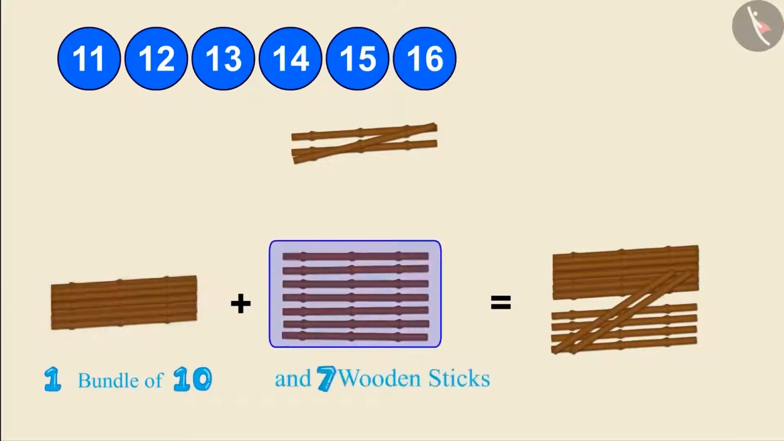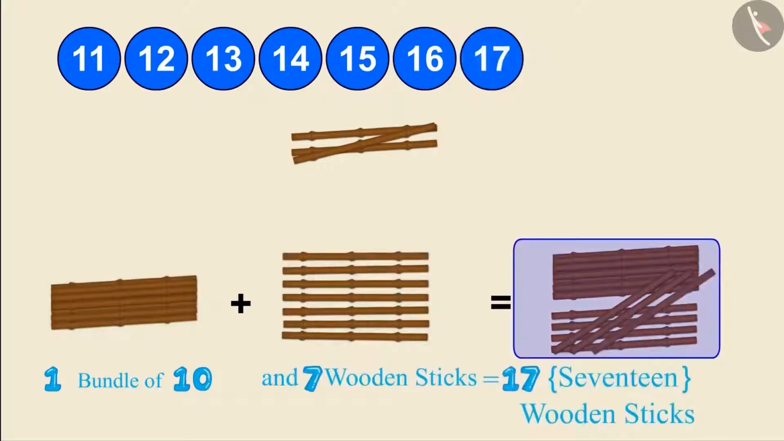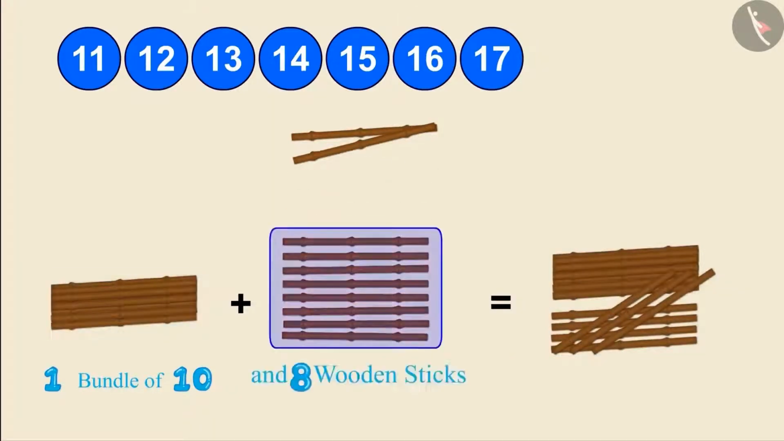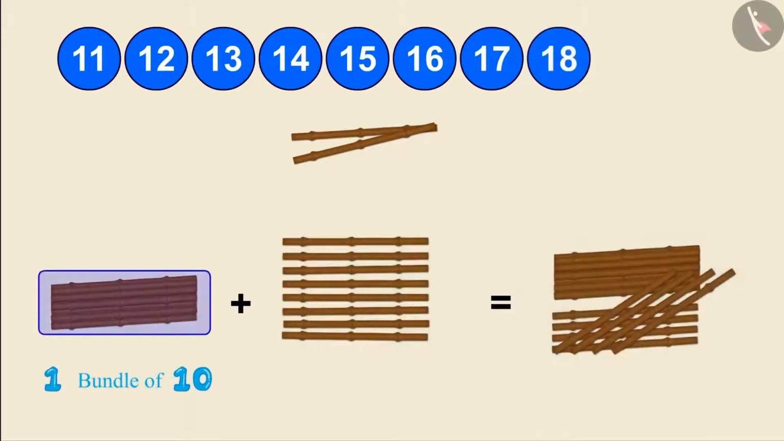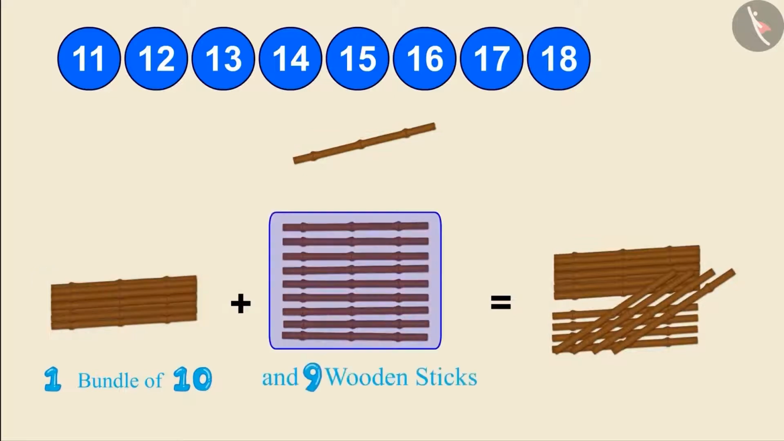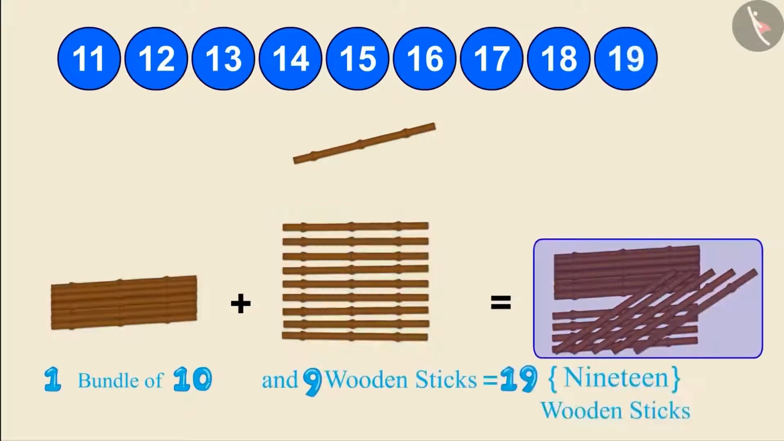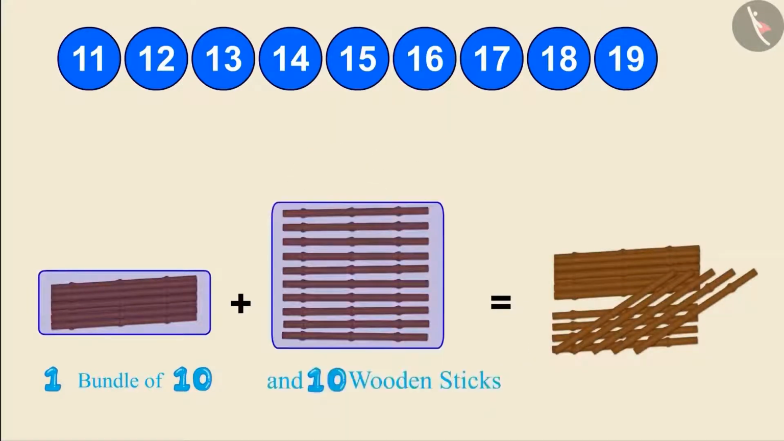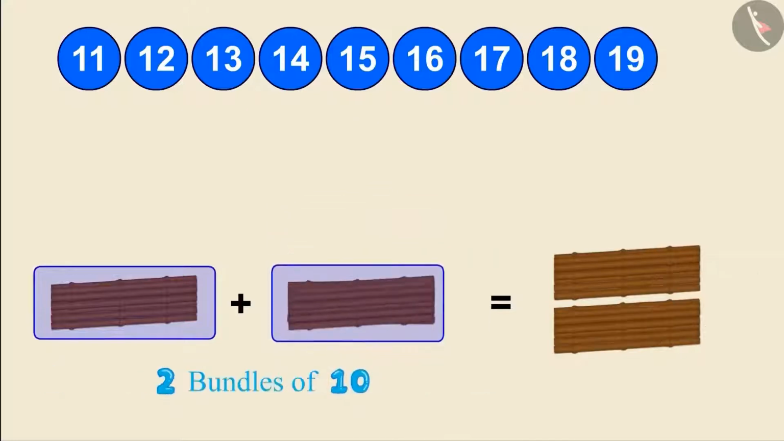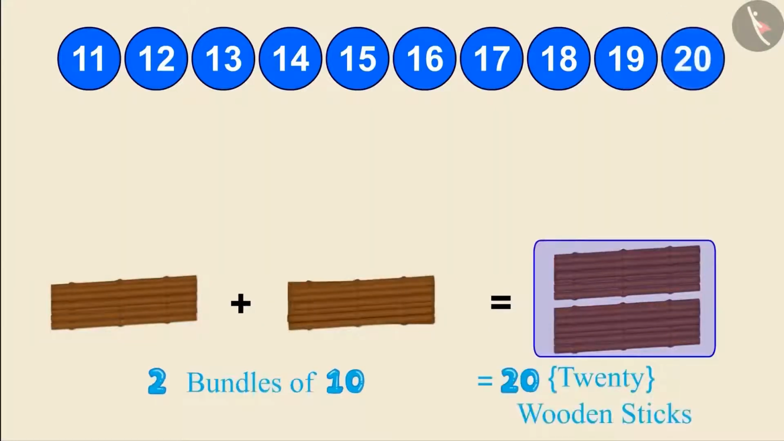One bundle of 10 and 7 wooden sticks make 17 wooden sticks. One bundle of 10 and 8 wooden sticks make 18 wooden sticks. One bundle of 10 and 9 wooden sticks make 19 wooden sticks. And one bundle of 10 and 10 more wooden sticks make 2 bundles of 10 and that makes 20 wooden